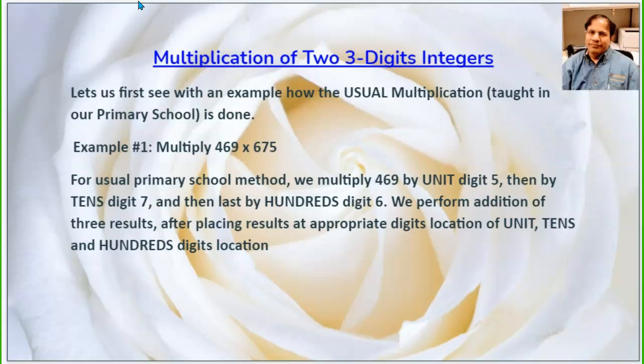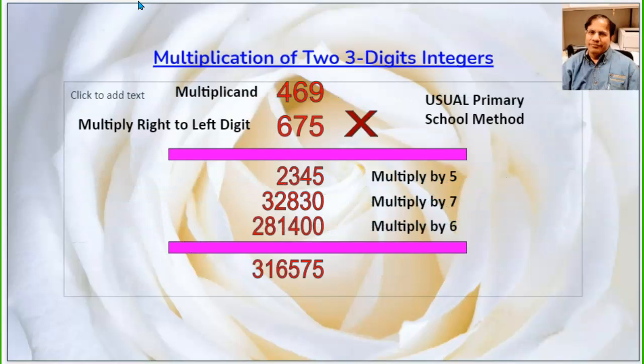Let's elaborate this with more details. On this slide, you'll see the number 469, which is usually called the multiplicand, and the integer 675, which is usually called the multiplier. Now what we do is we go from right to left digit of the multiplier. Under 675, digit 5 is the unit digit, digit 7 is the tens digit, and digit 6 is the hundreds digit. So we multiply first by 5, and the result is